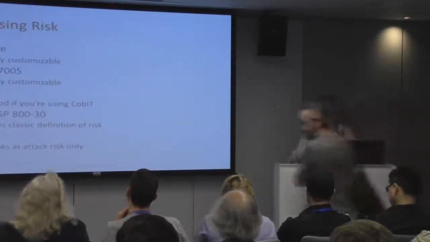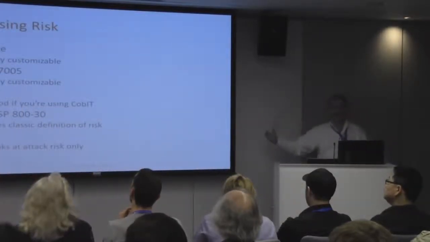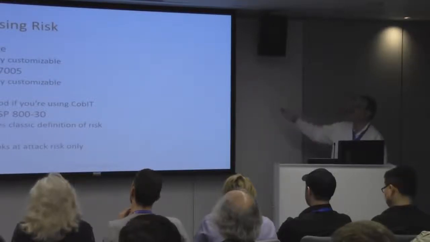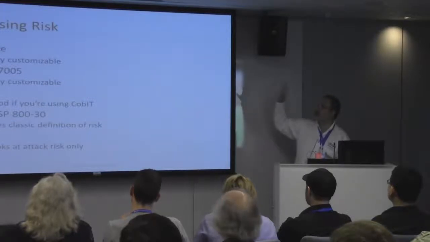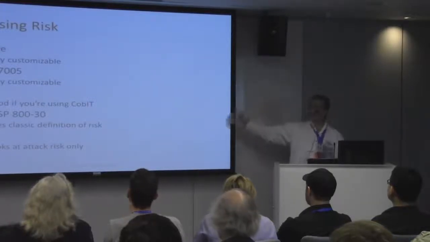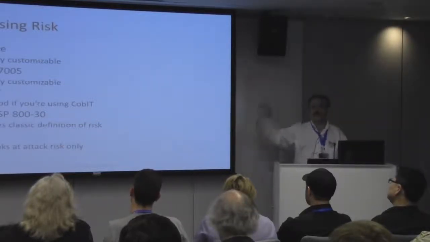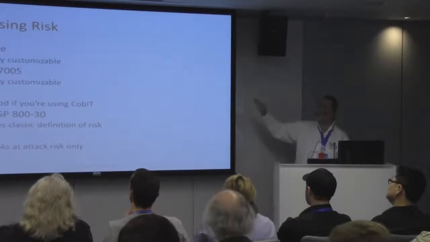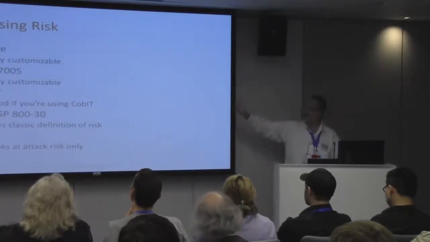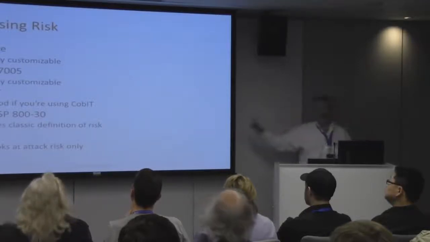So I'm going to start out with how you assess risk, and there are a variety of different methodologies of going about doing this, all of which have some pros and cons. I'm not here to pimp any particular risk assessment methodology. I am using one in particular, but just because that's what I'm using doesn't mean that you can't use the analytical techniques I'm going to talk about in any of these others. Octave is very customizable. You can use this methodology inside of Octave. You can do the same with ISO 27005. Risk IT is a great analysis tool, especially if you're using COBIT.